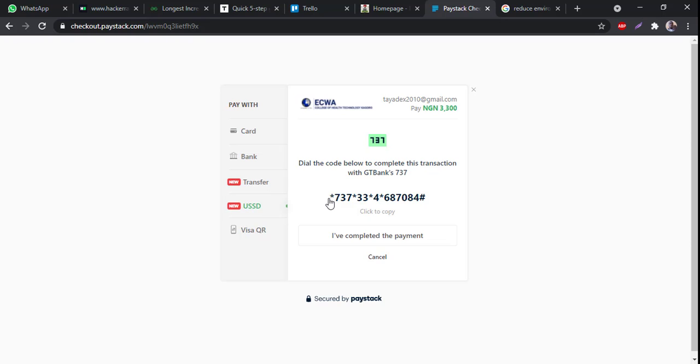For people that are not using smartphones and the rest, either you're using a smartphone or not, you can use *337 to load and do any other thing. But in this case, you use *737 to make this payment. All you have to do is take your phone, type *737 *33 *4 *68 7084. In your own case, it might be different. Just check the number,